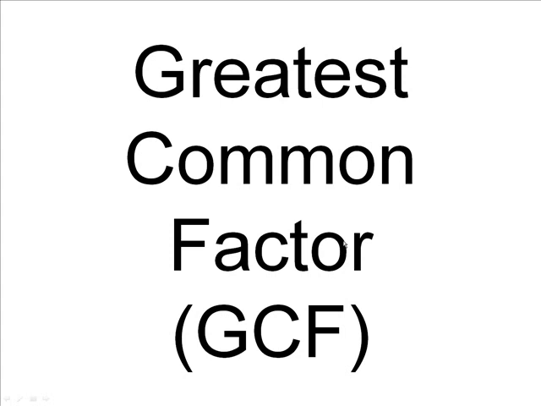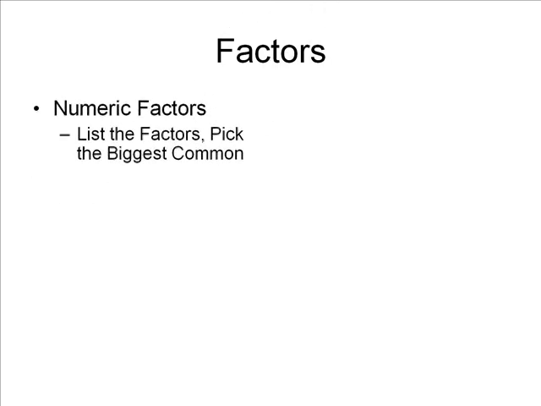This video will be dealing with factoring the greatest common factor out of a polynomial. The first type of factor is the one you're most common with. That is simply numeric factors. To find the greatest common factor among numeric factors, you simply list the factors and pick which one is the